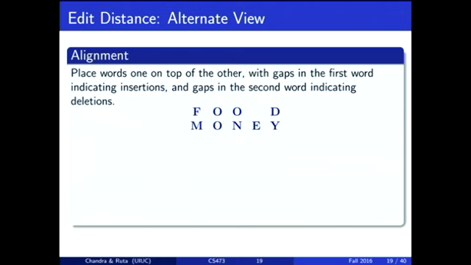I match up basically letter by letter and I allow some blanks as well, okay? So if a blank is matched to a character, that means I'm going to insert it. If I have two characters which are the same, then I don't have to do anything. If I have two different characters, that means I'm going to replace one by the other. If I have a character here and a blank here, that means I'm going to delete it, right? It's not very hard to see, and I will not go through the formal details, that computing